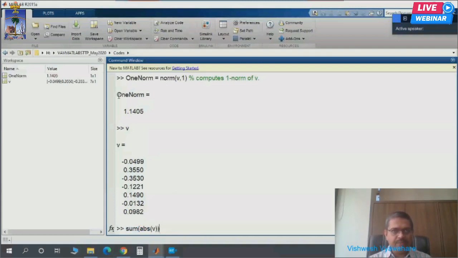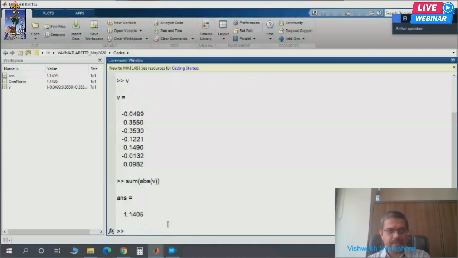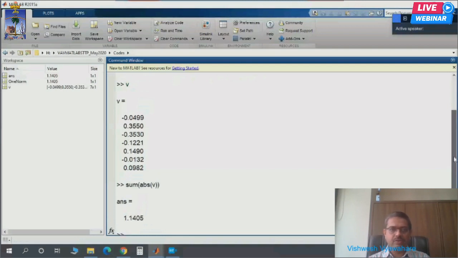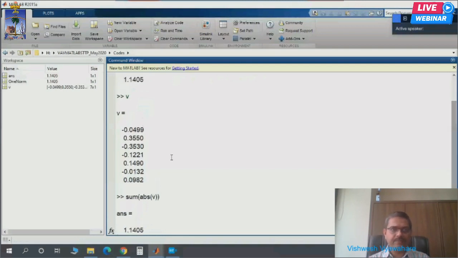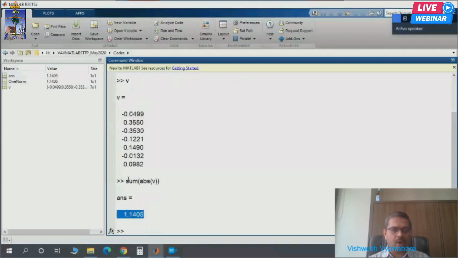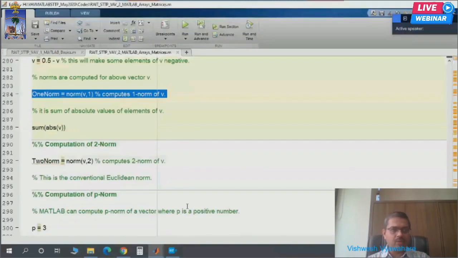I hope you are with me. We defined a V with 7 rows and 1 column, calculated its one norm, and then we are checking whether it is correct or not. Yes, you get the same answer. This was the answer we obtained using one norm, this is the answer we obtained using this command, and they are matching. I hope this is clear now.